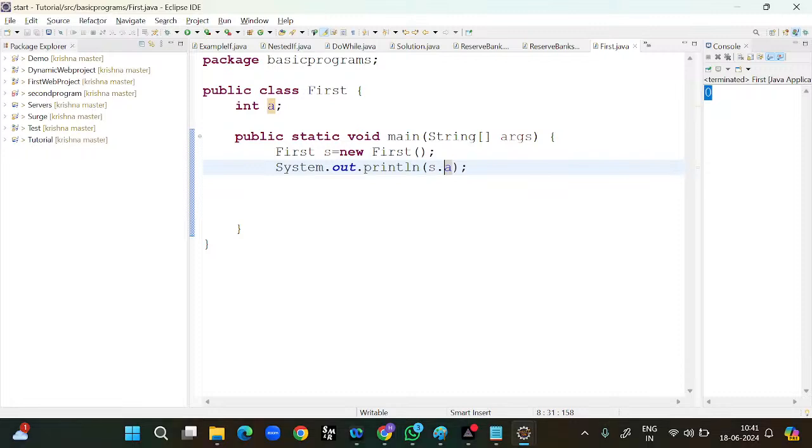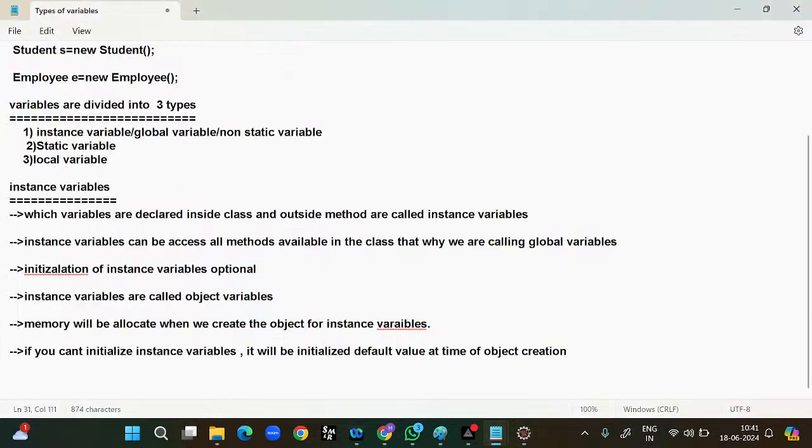Okay guys, now this is clear. If you do not initialize the instance variable, it will be initialized with a default value at the time of object creation. And the next point is